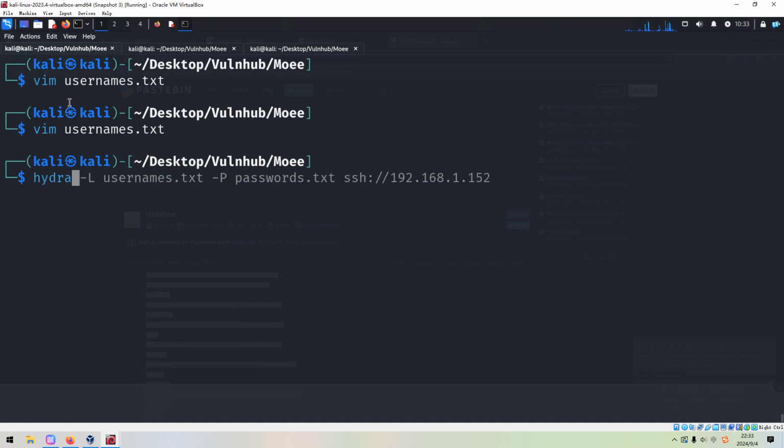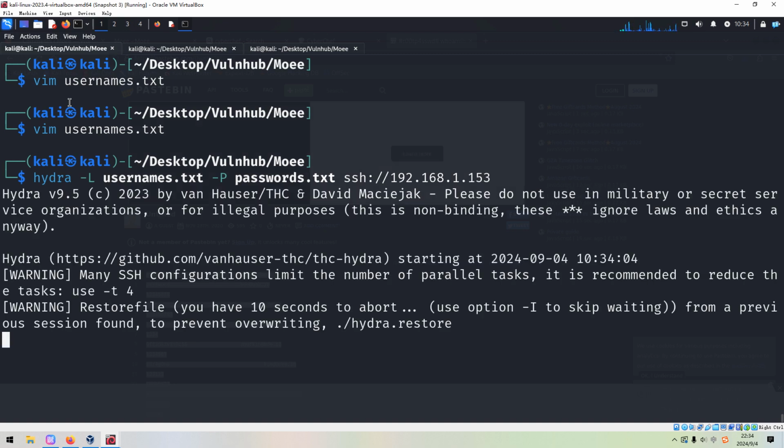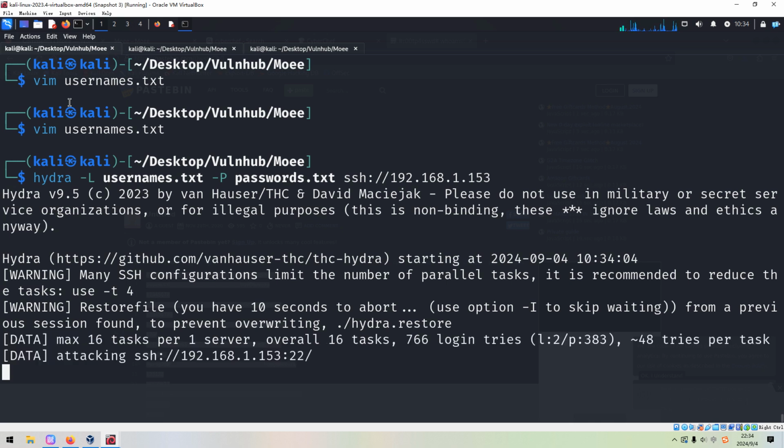So next we can use Hydra and uppercase L to specify the username dictionary, and we can press enter. Because the password dictionary in this case is not very big, I think it does not need a long time to crack.